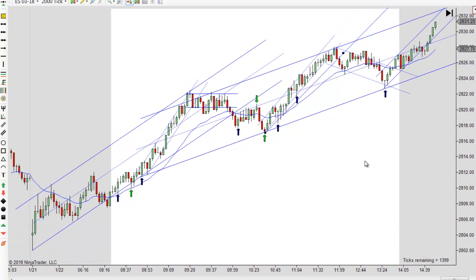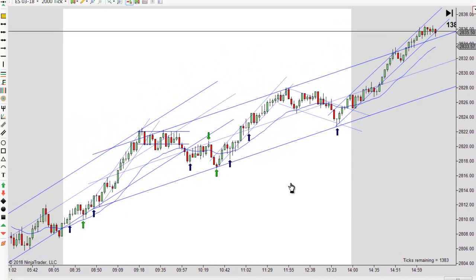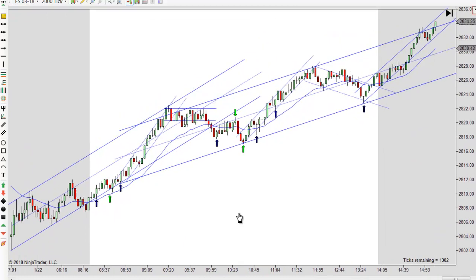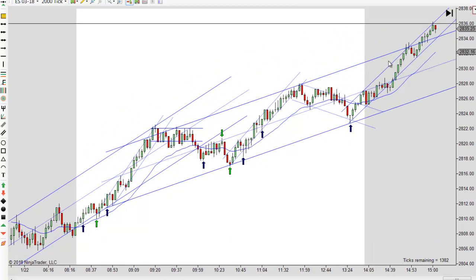So that's a couple of different ways I would look for my targets. And it was a pretty good day. And really, once you notice that we're going higher like this, any good opportunity to enter off a key entry point, which would include these short-term trend lines, you could argue for them. I mean, you could make a bunch of green ones in here,